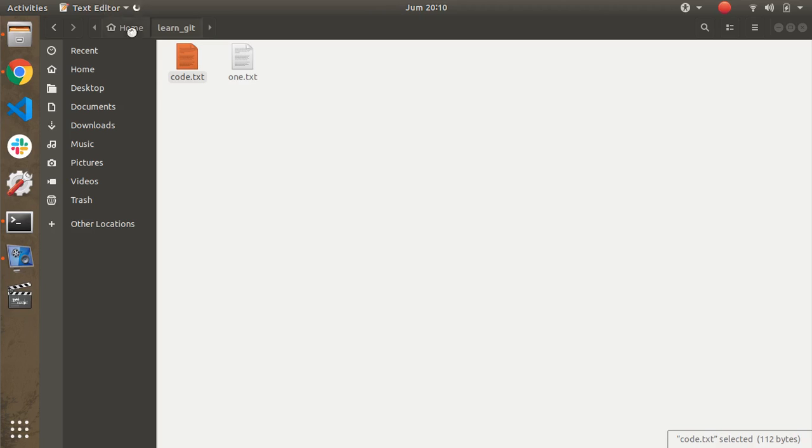In Windows you can use Notepad. In Ubuntu you can use the default text editor.